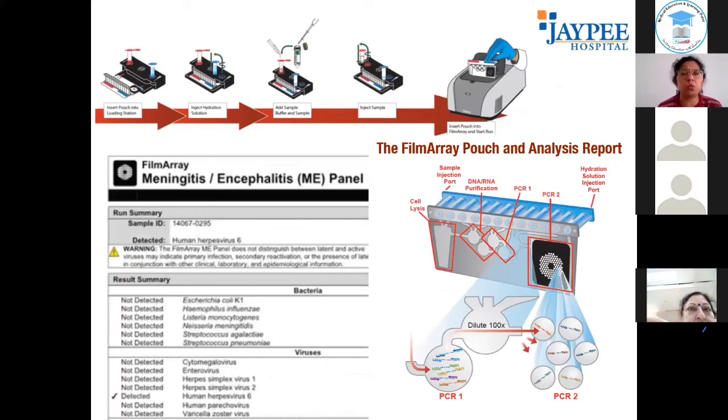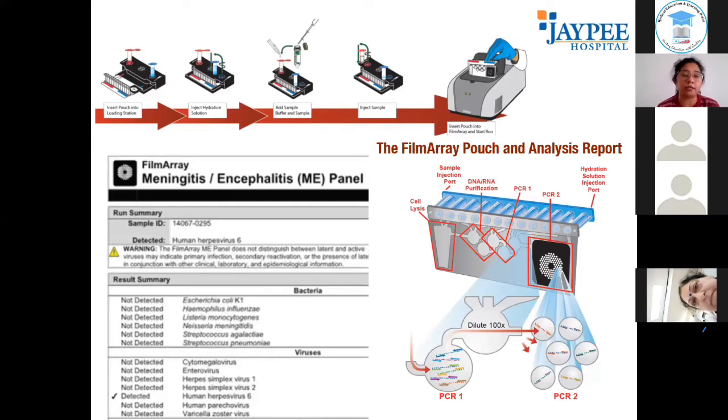How do these work? They are very simple. You have the insert, you have the reagent, and you have the sample. You add them, you mix them, very simple step. You inject the sample at the last step. There's a cassette there, and then you load it onto the instrument, and the instrument itself does all the steps automatically, and then the reports